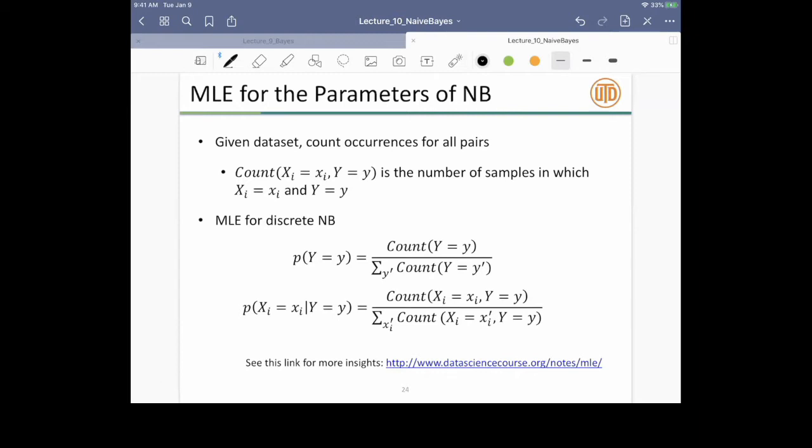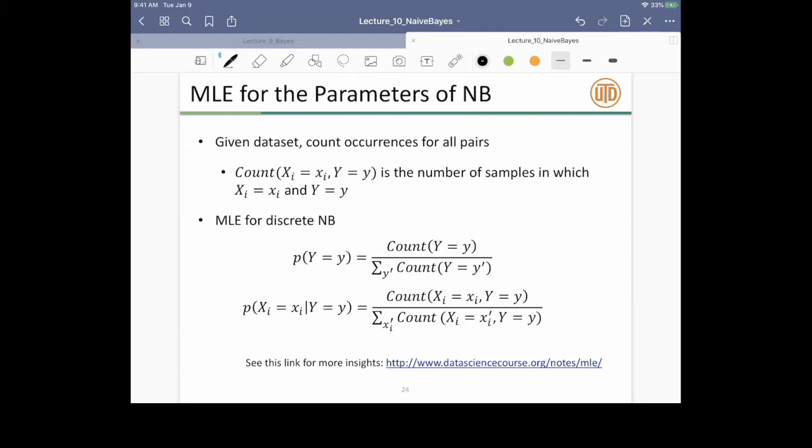Then the question is, what is the maximum likelihood? How do we do the learning for naive Bayes? Here in this slide, I've just given the final answer, but I'll derive this in the next slide quickly. The derivation is a little bit more involved, but I think with the derivation, you'll understand naive Bayes a little better. And of course, let me know if you have any questions.